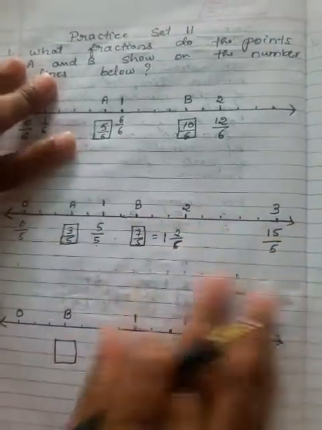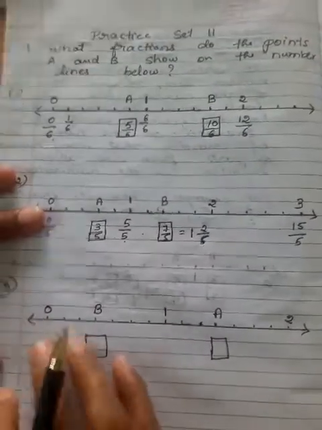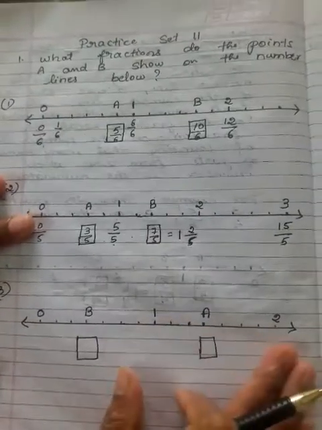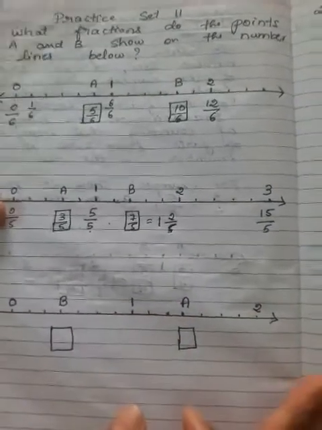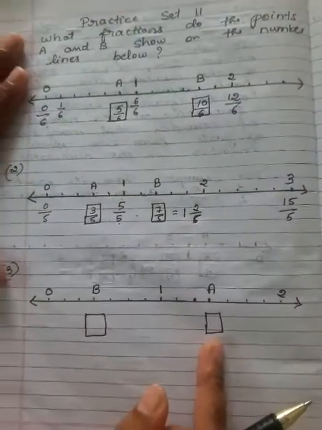Right? So now question number 3. Now look at this. Here only the number line is given. The fraction is not given. Correct? Is any fraction given on the number line? Not given. So can you find out, dear, what is the denominator here? How will you find out, students? So what is the denominator?